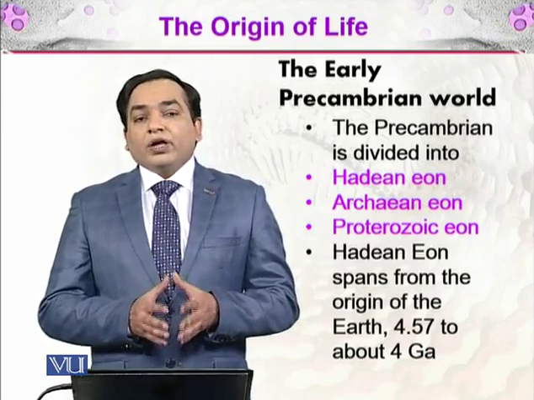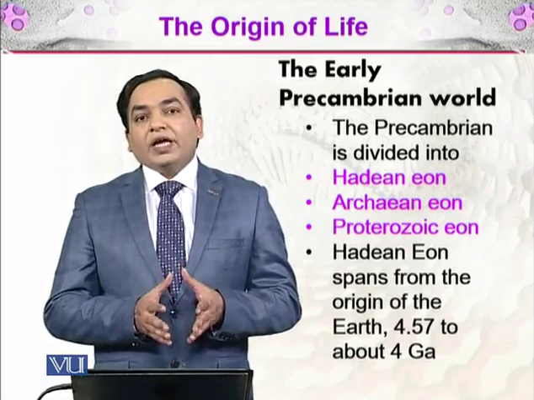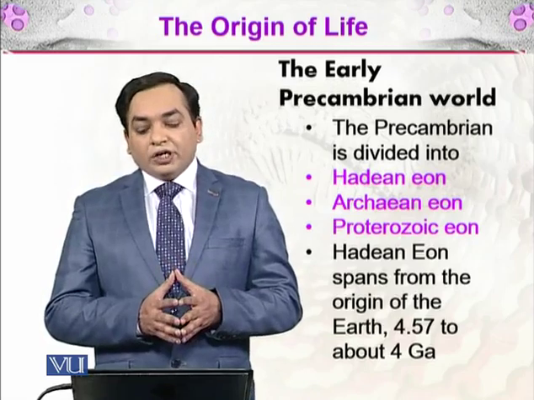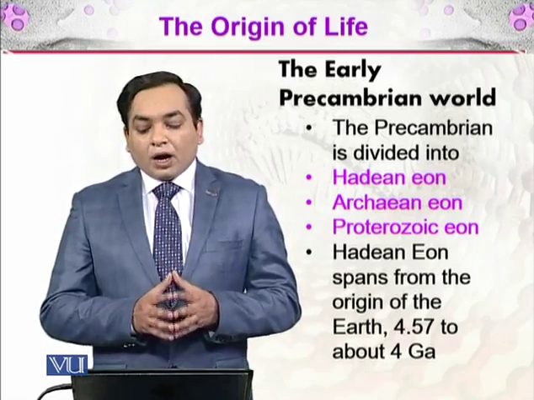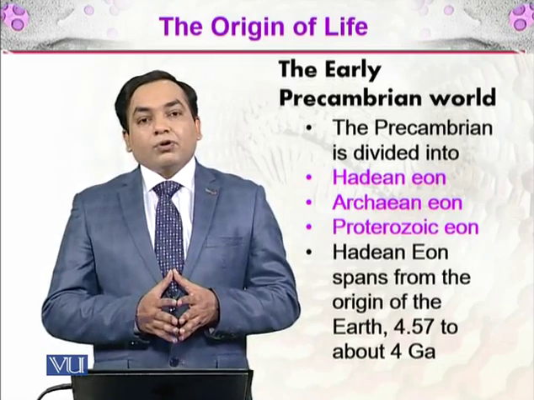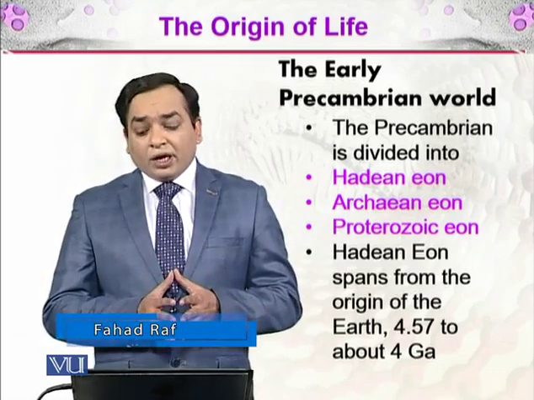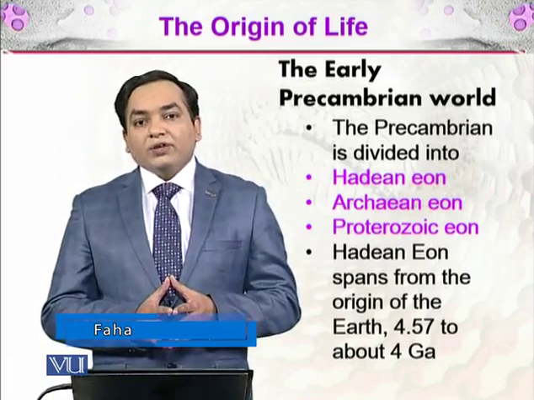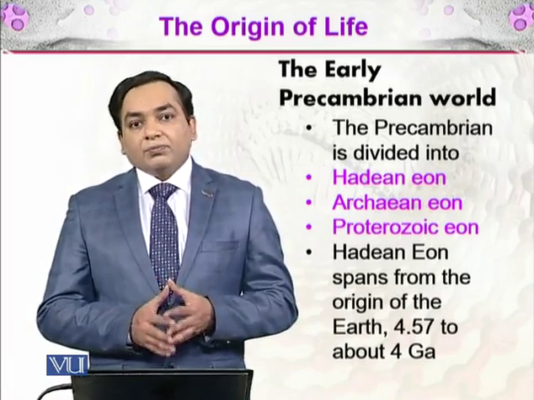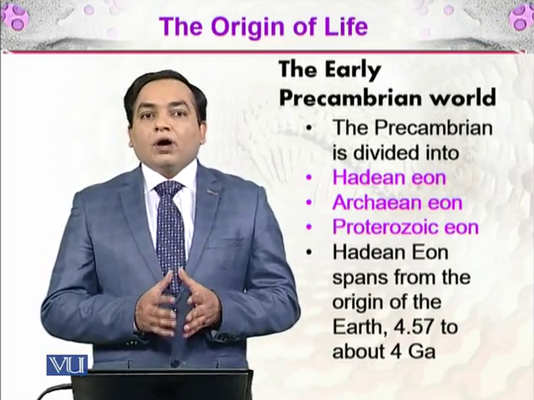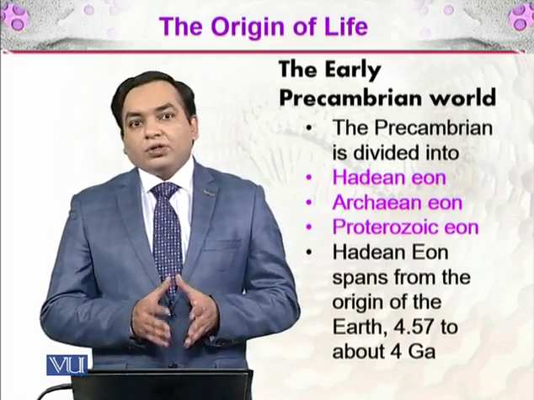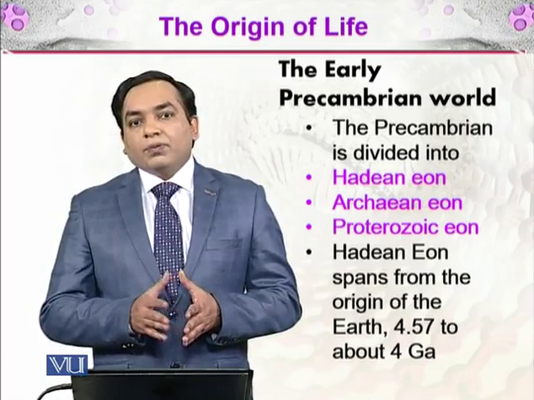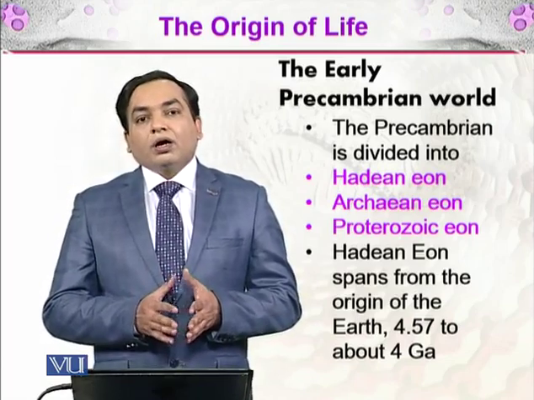The early period when life was formed is called the Precambrian world. The Precambrian world is divided into three major eons, which are the Hadean eon, Archean eon, and the Proterozoic eon. The Hadean eon spans from the origin of the Earth, which is 4.57 to about 4 giga-annum. And you know what is giga-annum? 1,000 years. So that means 1 billion years ago is the giga-annum, and 4 billion years ago is the 4